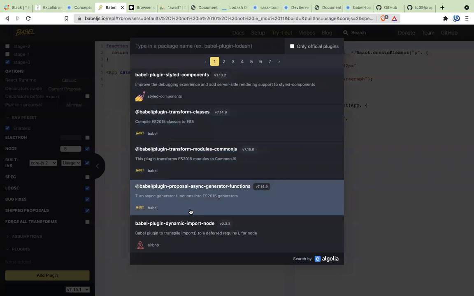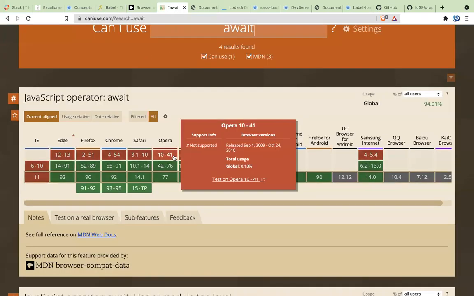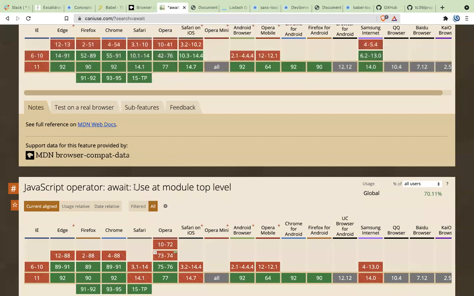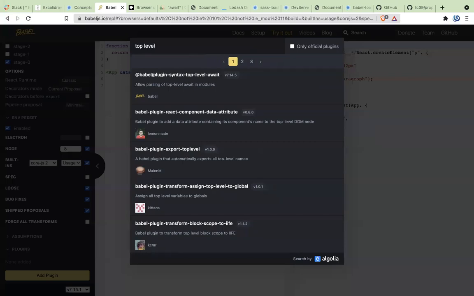Say, for example, you want to use the latest feature of await, the top level await. There's something known as top level await. Generally, when you use await, you need to use it inside an async function, but you can use top level await also. But how can you do that? Maybe I can just use a plugin or a proposal of top level await. So you can just see that here. And here you can just say top level await.